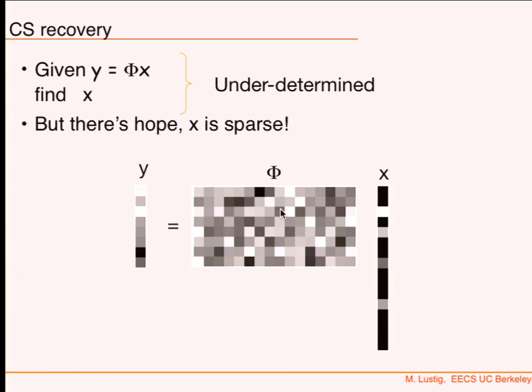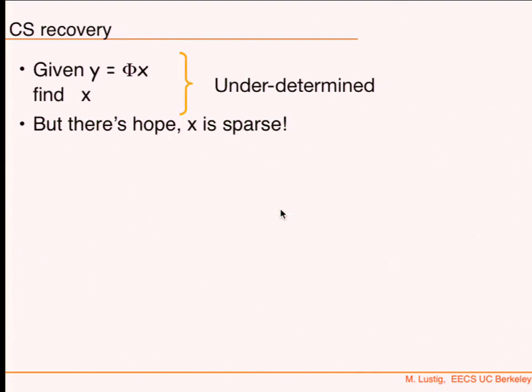So I can solve a combinatorial problem and maybe find a solution. Now the question is whether the solution is right, whether the sparse solution is. And as it turns out, if I minimize the L0 norm, which is the cardinality, basically the sparsity, the number of non-zero coefficients that satisfies this,